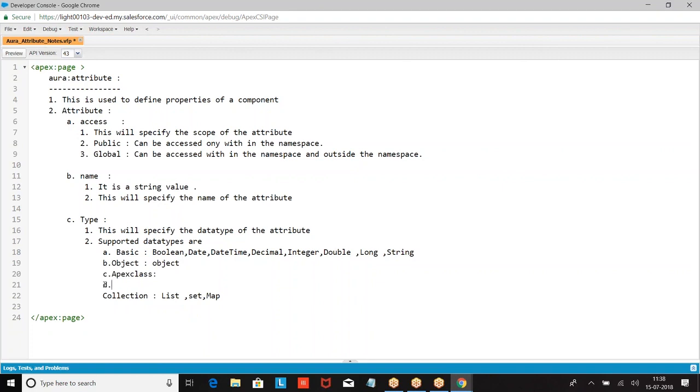Classes, custom or standard objects, and collections, then functions.